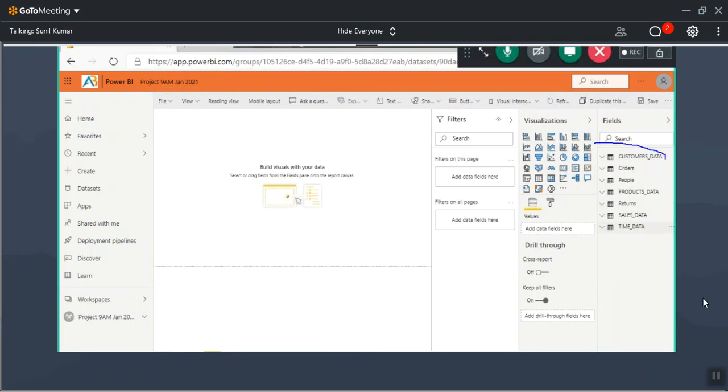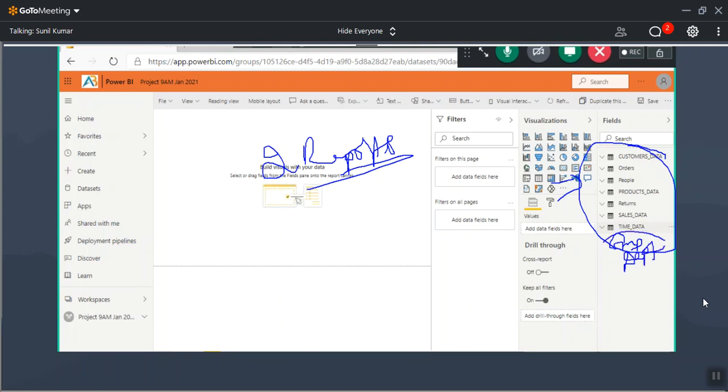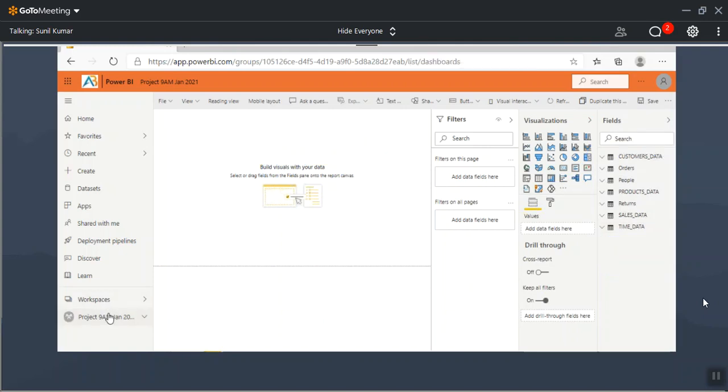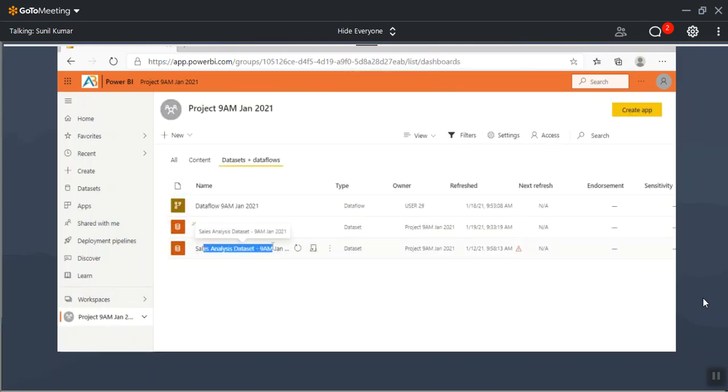So here, you have only 7 tables. Along with the 7 tables, to create the 2 more reports, what do I need? I need some more tables called EMP table and DEPT table. I need the two more tables also in my data set. I need to modify my data set to create additional two more reports.